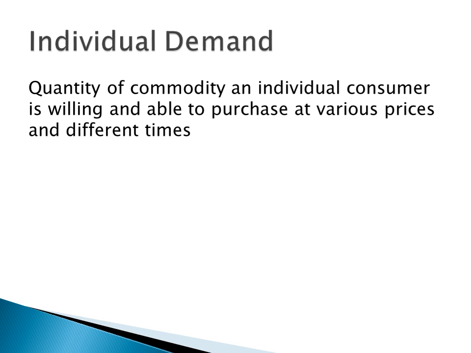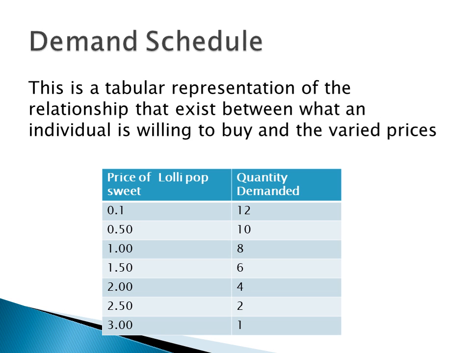Now, let's look at individual demand. Individual demand is the quantity of commodity one person is willing and able to purchase at various prices and at different times. Let's look at this schedule. This is what an individual is willing to purchase: the quantities of lollipops willing to purchase at different prices. We can see when it's 0.50 pula, that means 50 thebe, he was willing to buy 10. But when it's 2 pula 50 thebe, he was willing to buy only 2. This is depicting the law of demand,